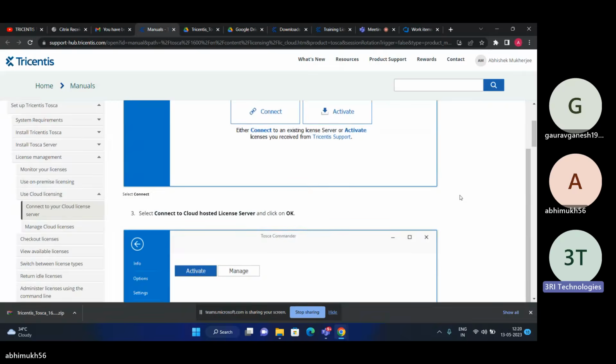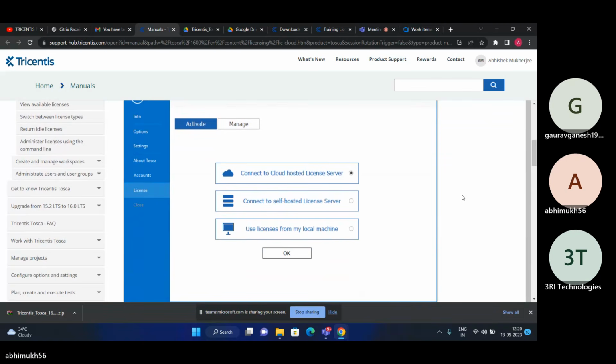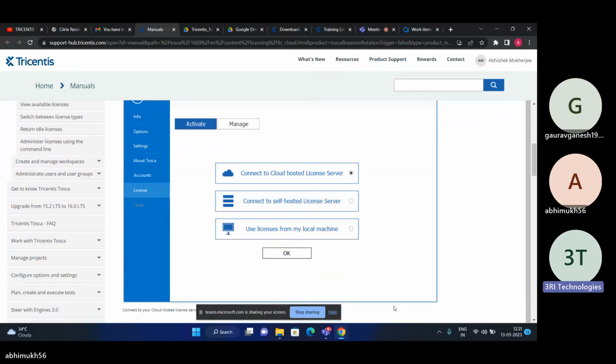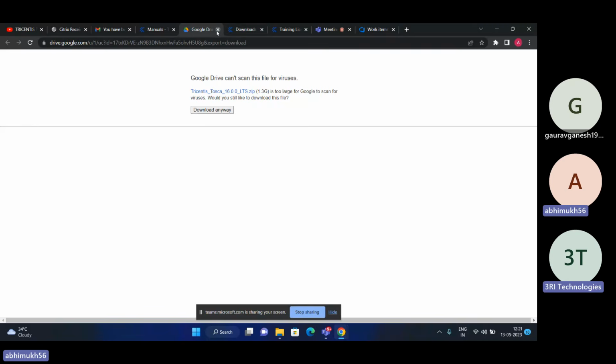Let the Tosca installation finish. It's an easy process. Just check whether your Tosca is installed or not. Yeah, it's installed.